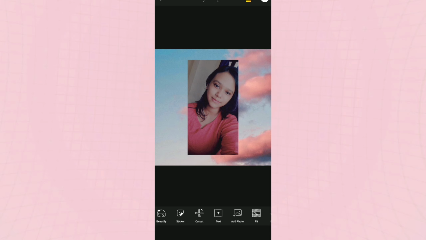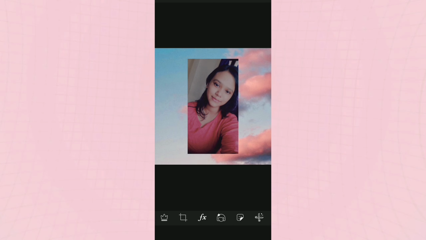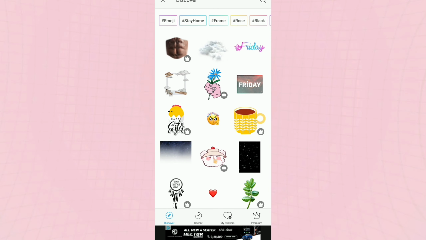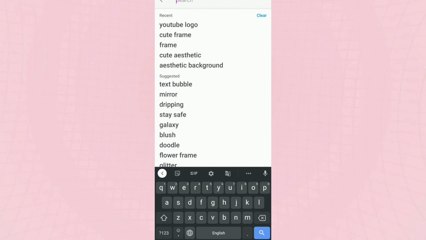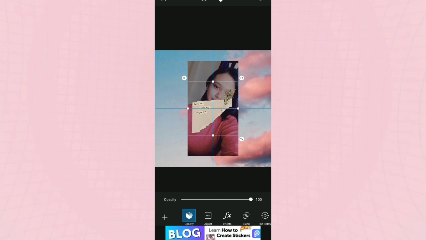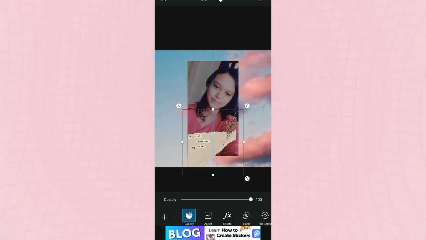Now what I'm going to do is add a sticker. Let's go to sticker and search for an aesthetic sticker, aesthetic vintage. Okay, so I'm going to do a paper cutout. Yeah, I found it, a very cute paper cutout sticker.